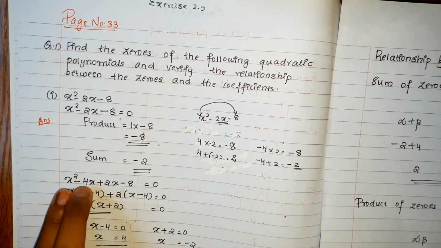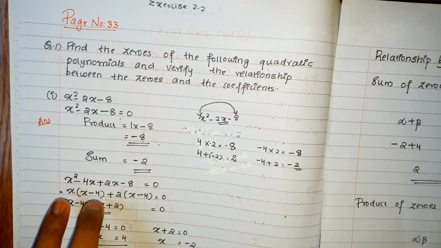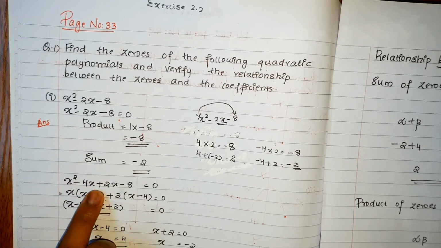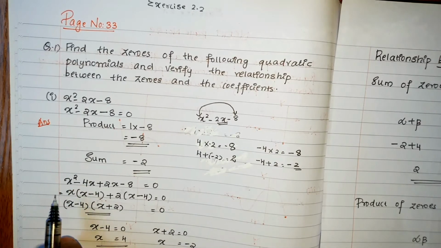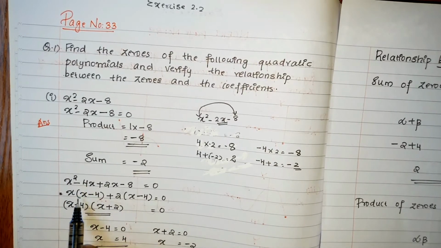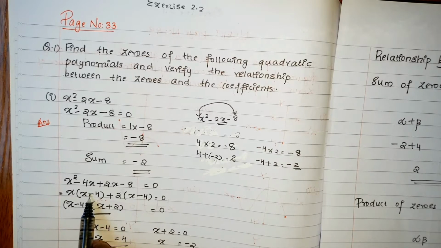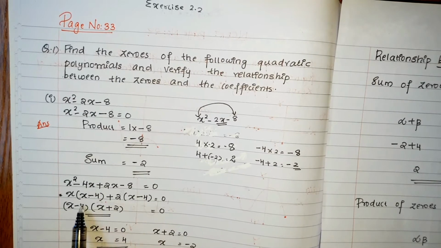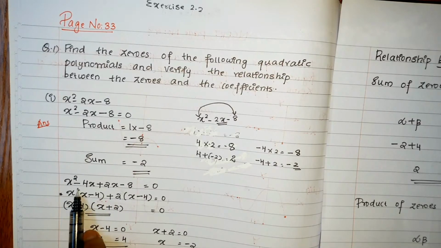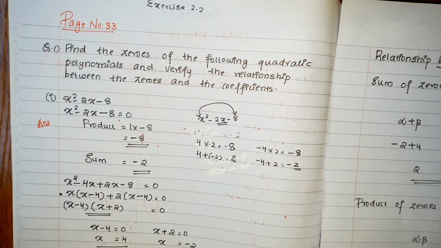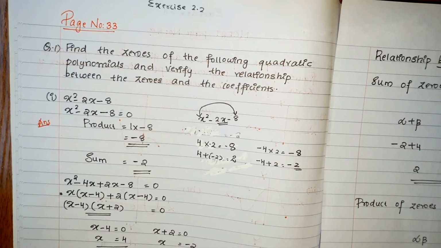Then we have to arrange the terms. From these two terms, what can we take common? X is common. Here it is x square and here 4x. So we can take x common, x is outside, and what is remaining here? We took 1x, so remaining is x, and minus, the same minus we are putting here, and what is remaining here? 4. Okay. If you have any confusion, just multiply this x into the bracket. So if you multiply this, you will get x square and here you will get minus 4x. So, our answer is correct.